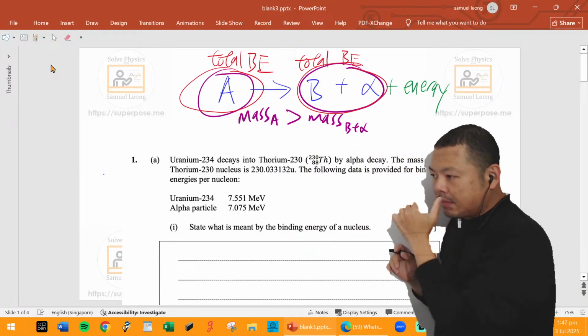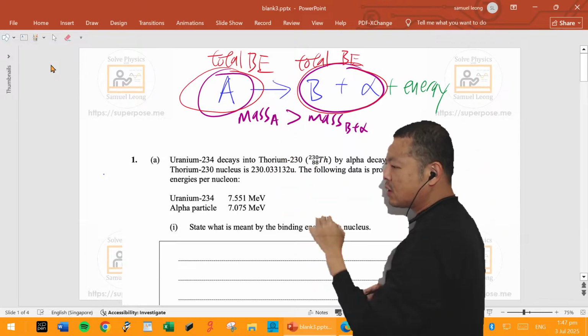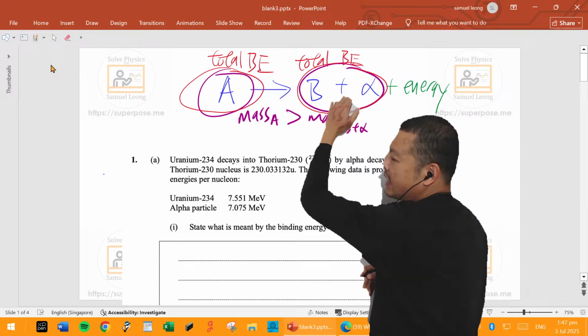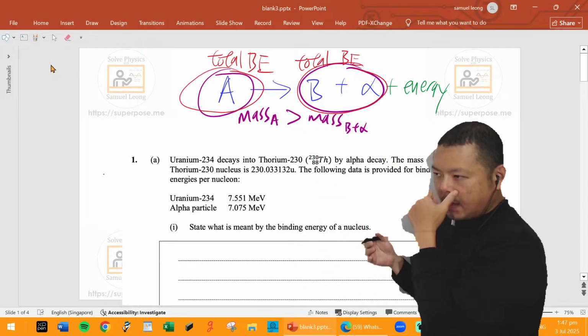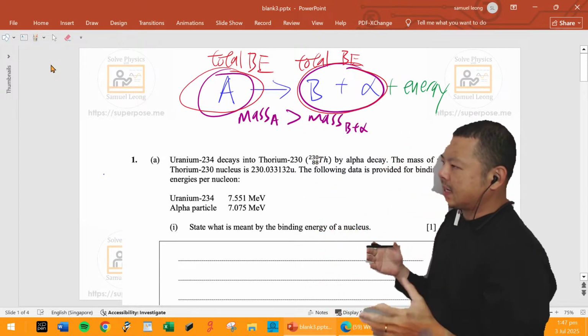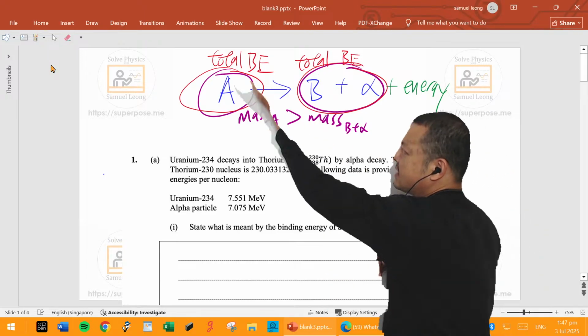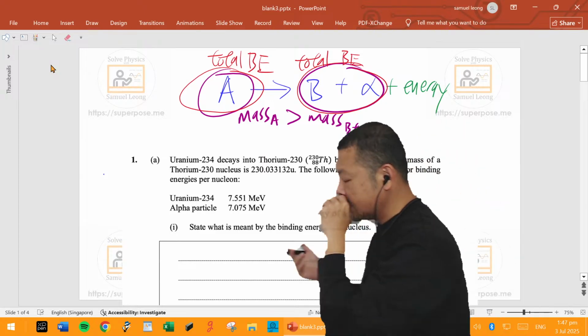Now, the reason behind that is because binding energy is supposed to be a negative value. So some of the textbooks say that it becomes more negative, so that's a decrease, right? And the websites are like, let's not make it too difficult for people to understand. Let's just say that the binding energy increases, right?